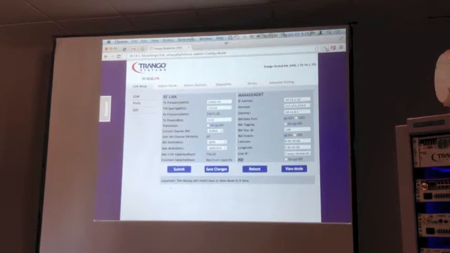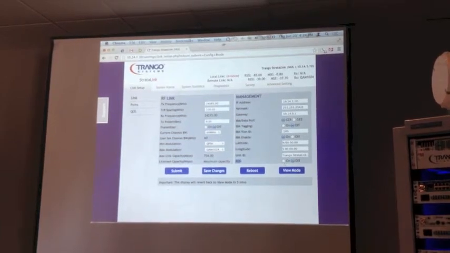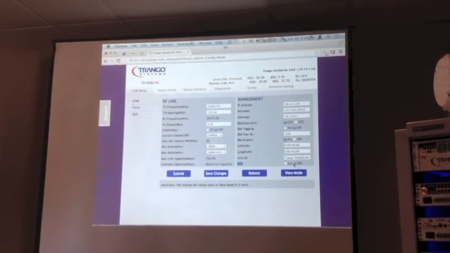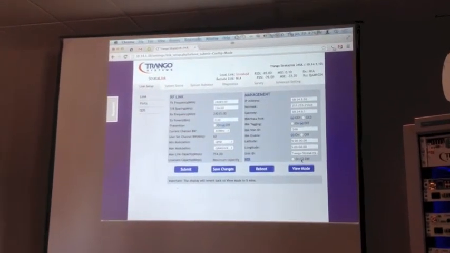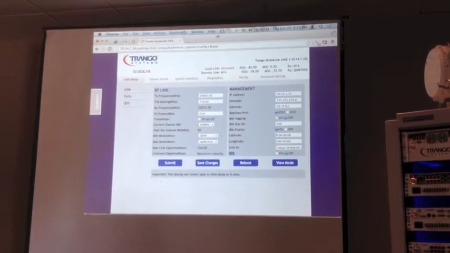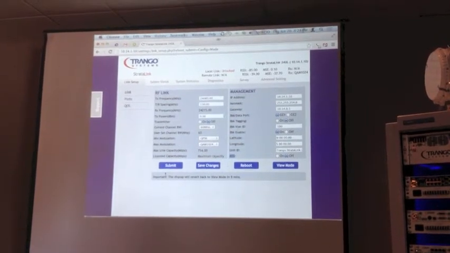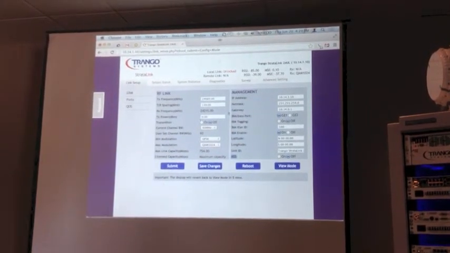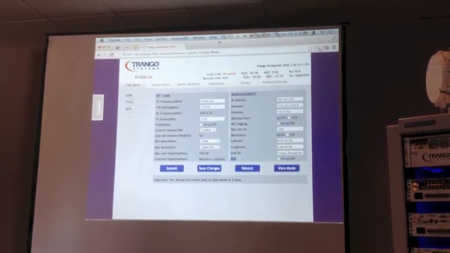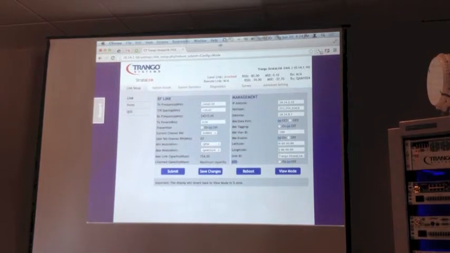Okay, ACS is the adaptive channel size. If you want it to be on, you just turn it on. If you don't want it on, you just leave it off. You do want to make sure that ACS is off anytime that you are changing your bandwidth or your modulation settings. Okay, so ACS off, submit, then change your bandwidth and modulations, submit. Then once the link is up and running again, you can turn ACS on,